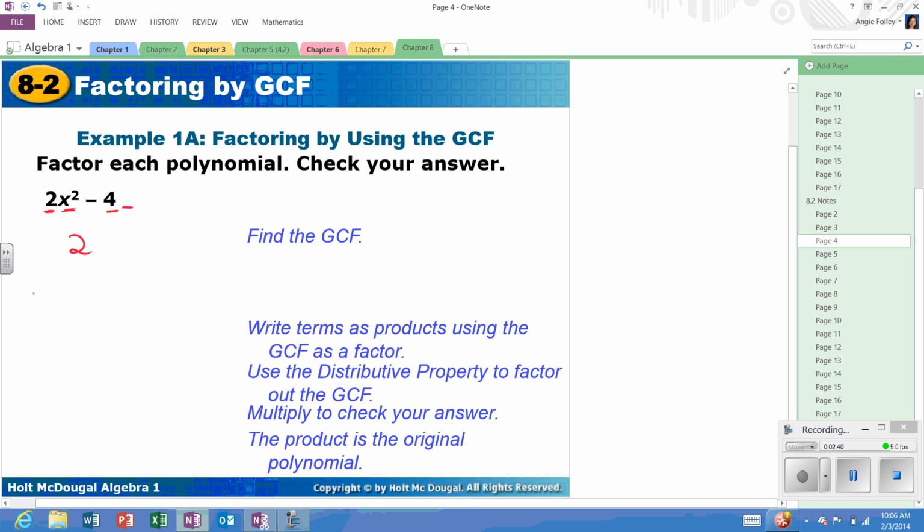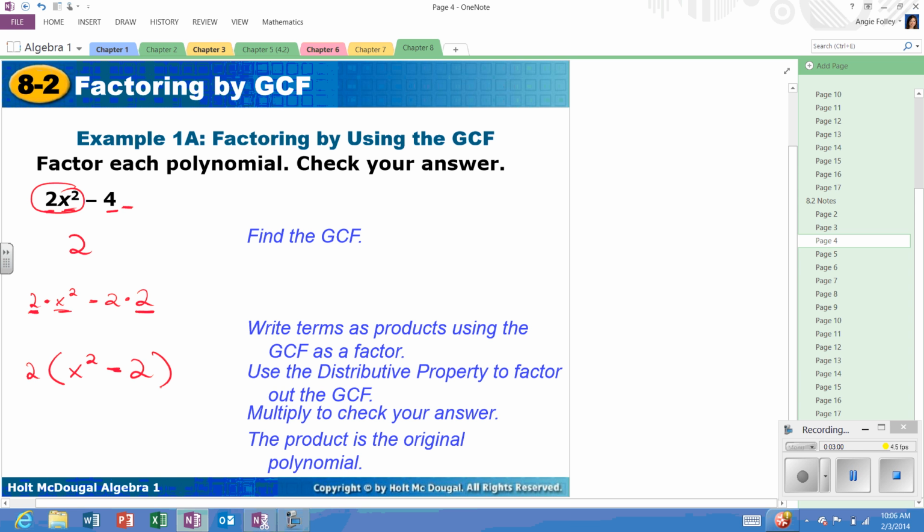So we're going to rewrite this as factors. So 2 times x squared makes up that first one. And then minus 2 times 2 makes up our second. So what is the common thing I can pull out? Well, it's a 2. So I can pull out a 2, and I'm left with the x squared minus the